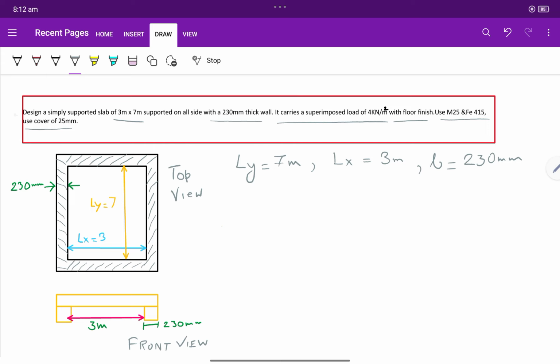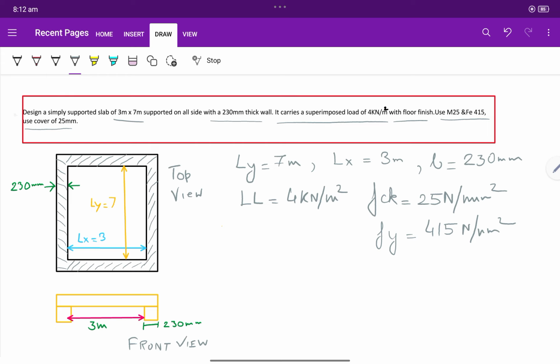The superimposed load, means live load, is given as 4 kilonewton per meter square. Okay, so fck is 25 Newton per mm square and fy is equal to 415 Newton per mm square,